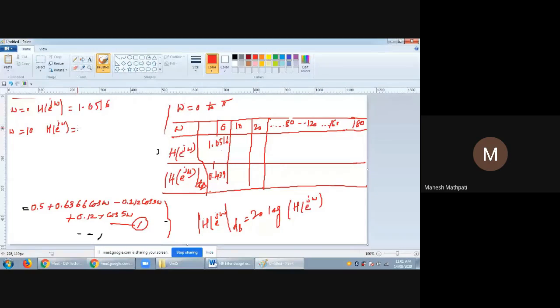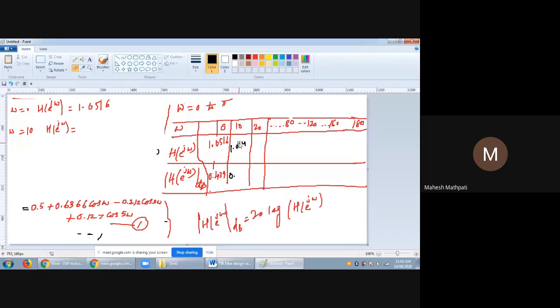हाँ, व्हाट इज द वैल्यू? 1.024। 1.014, और इसका 20 लॉग 0.205। 0 पॉइंट... आपका आवाज ब्रेक हो रहा है मैडम। सर h of e power j omega 1.024 आता है। 1.024 आ रहा है, ओके, तो इसका वैल्यू 1.024 लेते हैं।